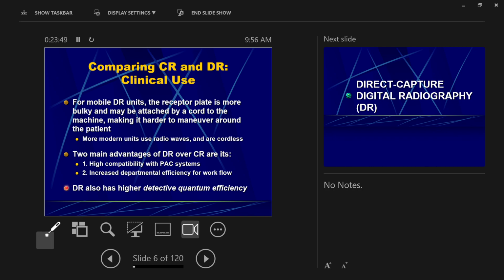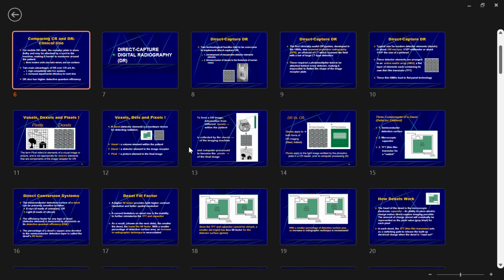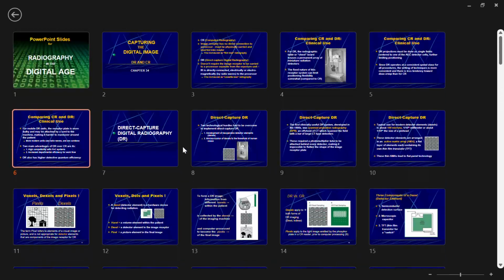We'll talk about detective quantum efficiency later, but DR has a higher detective quantum efficiency. Okay, so what we're gonna do now, and for the next little section